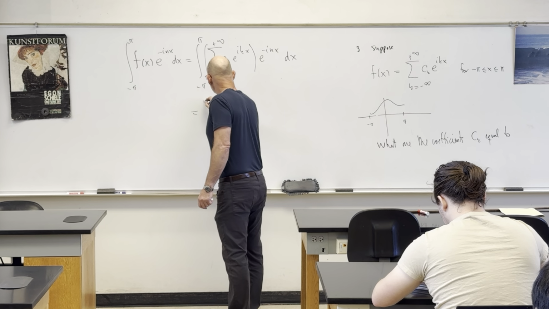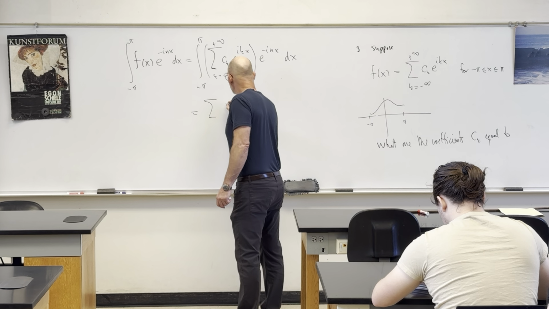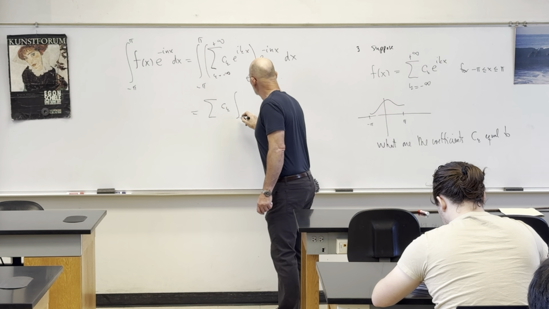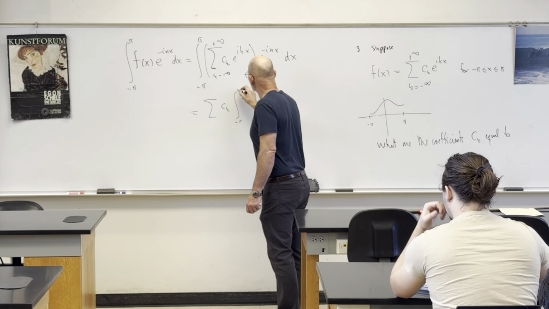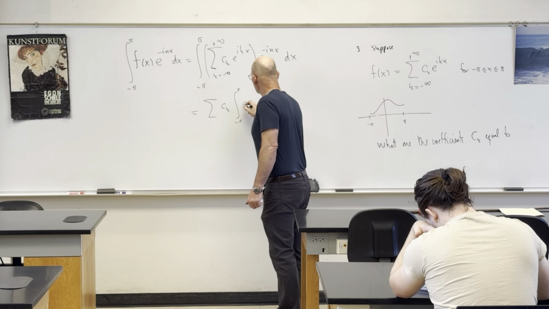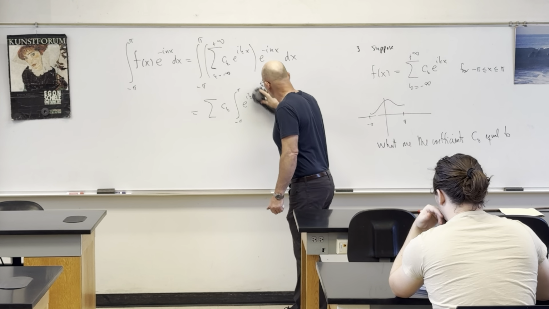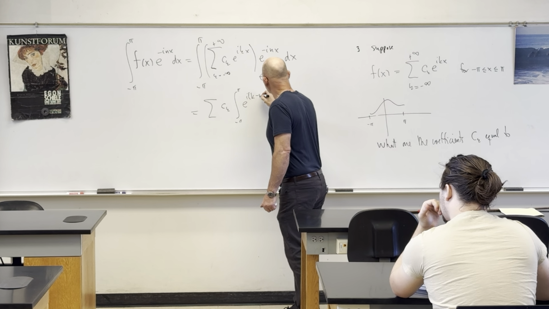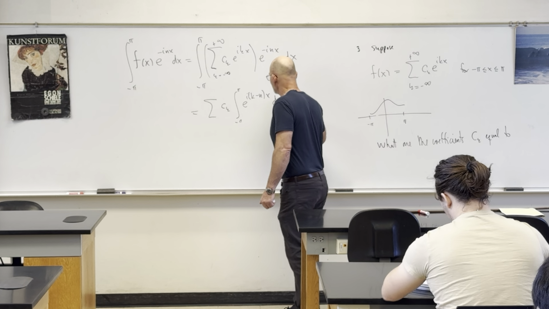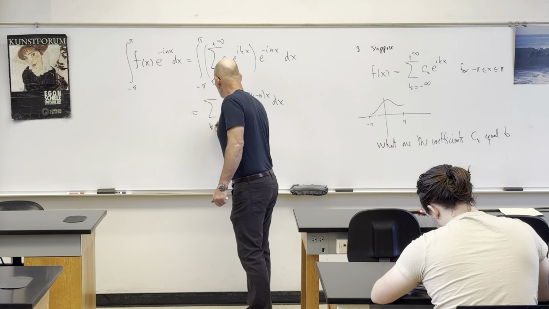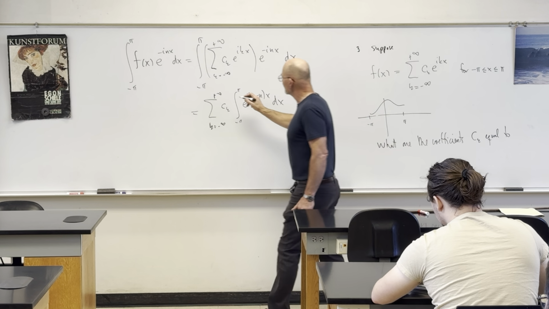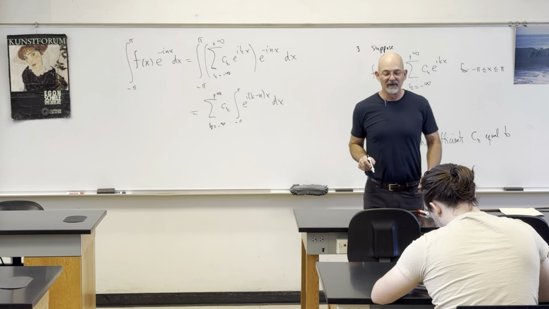So we end up with a summation of c sub k times the integral from minus pi to pi of e to the i k x, and I'm going to leave some room, e to the i k minus n x dx. Make sure everybody sees that step,